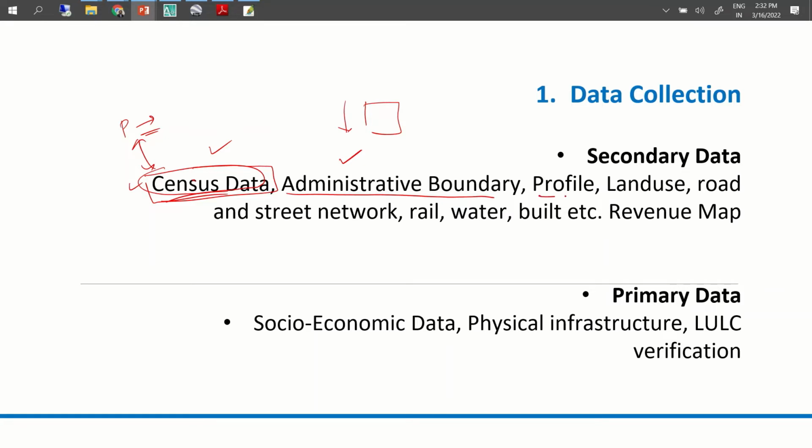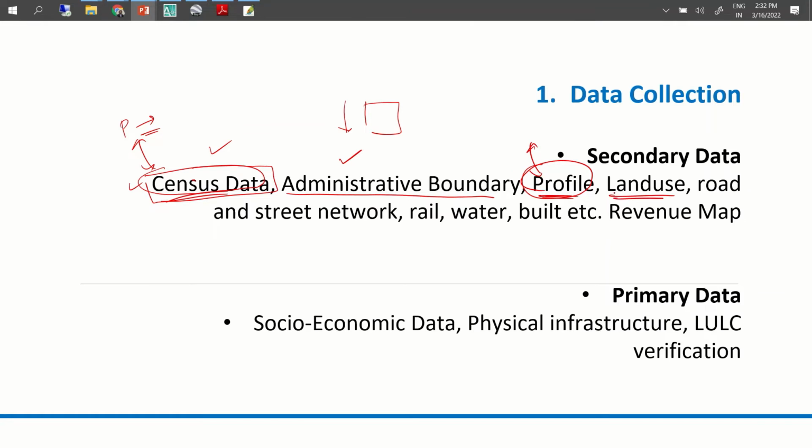This will give you an idea of how we understand the town, what its history is, and how we profile it, the economic profile, socio-cultural profile of the town, and so on. This is most probably text information.